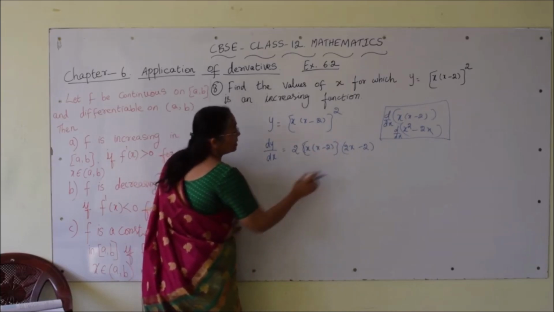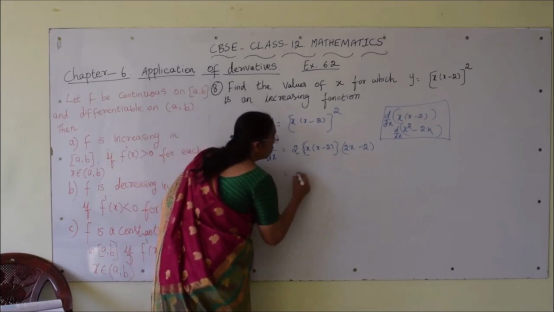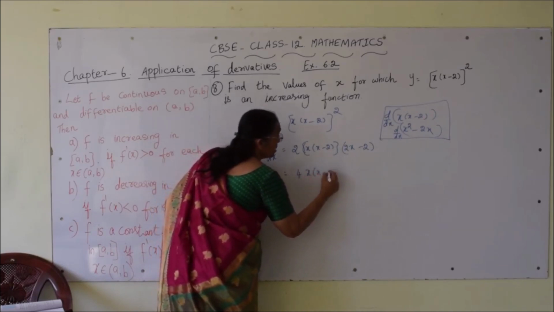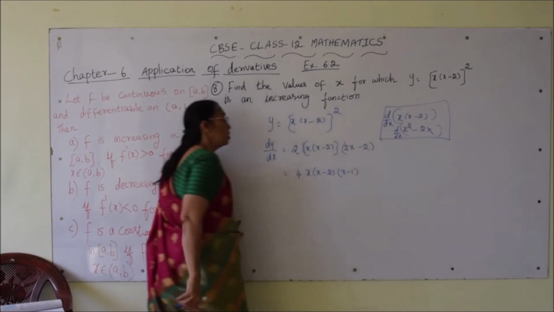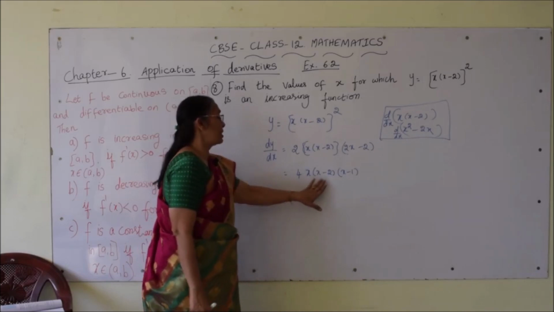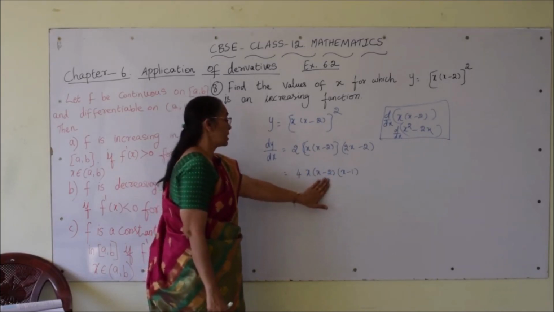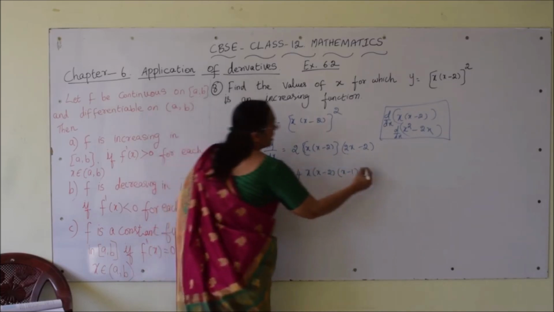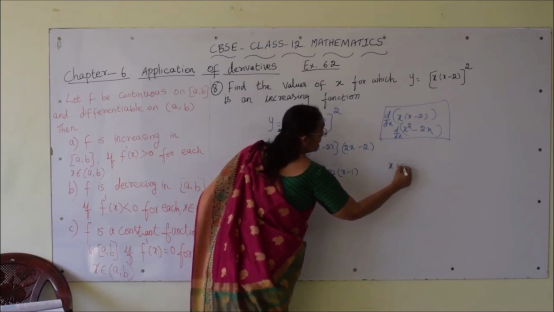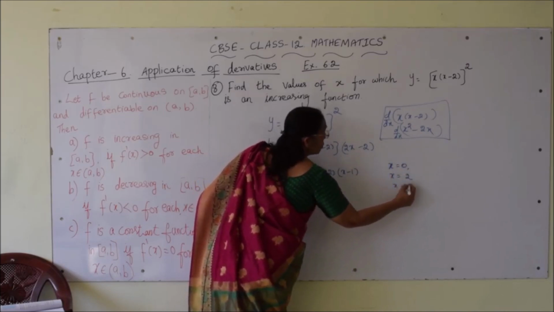Let us simplify this. We can take 2 common outside. So, when we take 2 outside, it will become 4 times x and (x minus 2) is there. Since we have taken 2 outside, it is (x minus 1). So, in total we are having 4x, (x minus 2) and (x minus 1). So, the function is depending on this x minus 2 and x minus 1 here. Now, when I equate to 0, we are having the turning points as x is equal to 0, x is equals to 2, x is equals to 1.